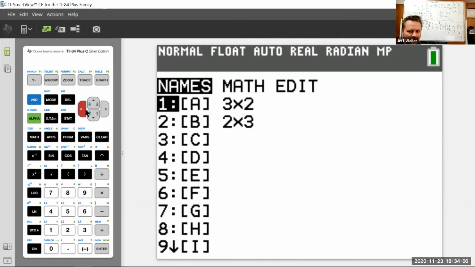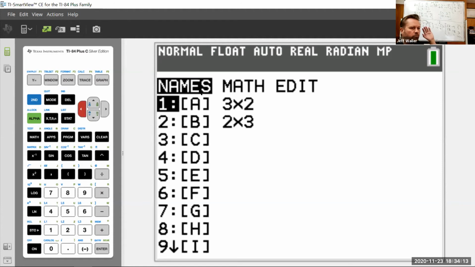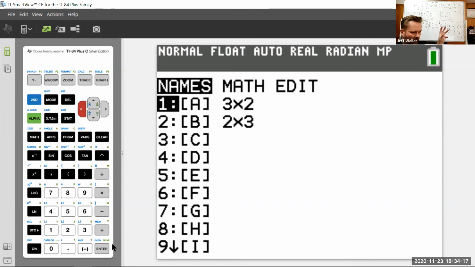So I got my top rows here. All right. So let's pick some matrices. So this is under names is how you pick them. Edit is how you build them or change them. So if I pick A,